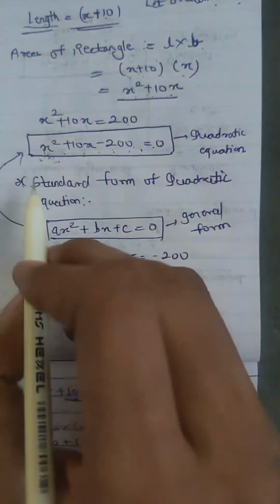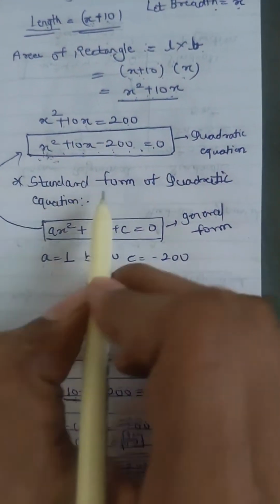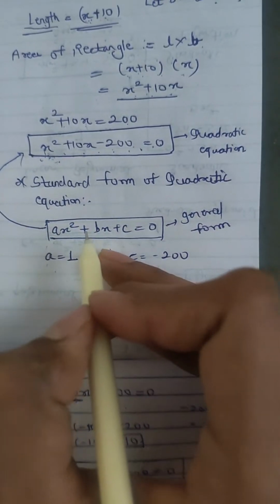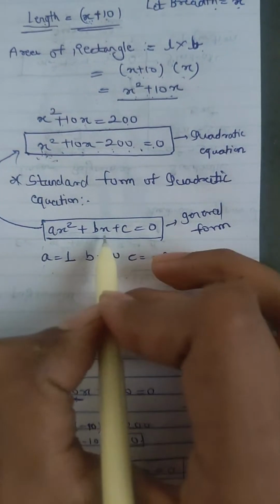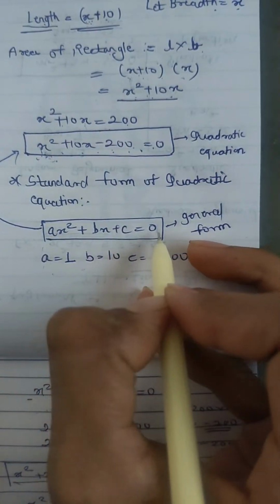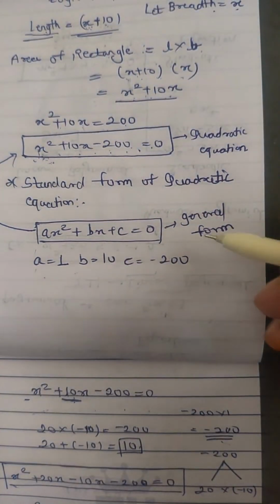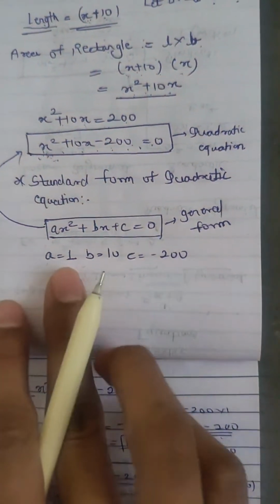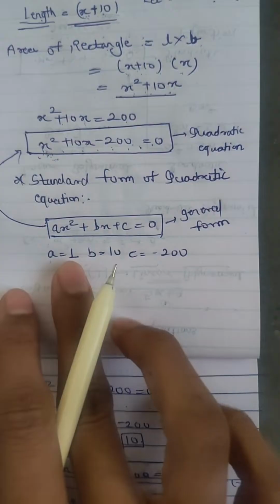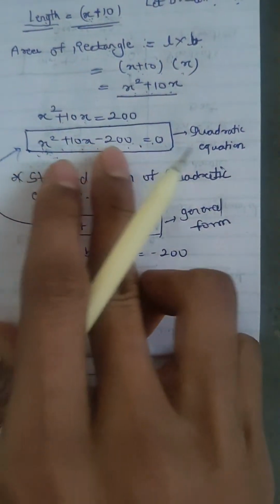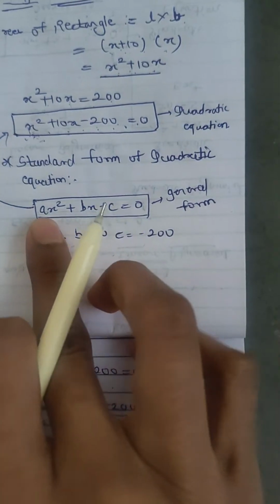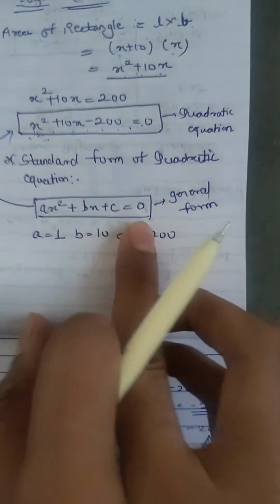So here there is one more concept, which is the standard form of the quadratic equation. The standard form of the quadratic equation is given as ax square plus bx plus c equals to 0, which is also called the general form of the quadratic equation. And when we compare this equation, that is x square plus 10x minus 200, with this general form, that is ax square plus bx plus c equal to 0,